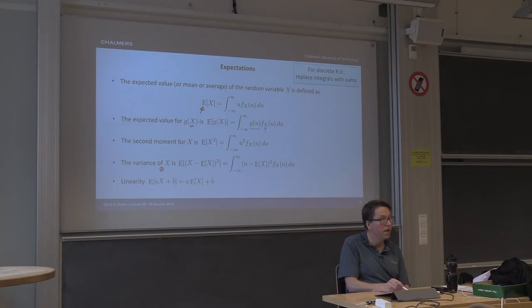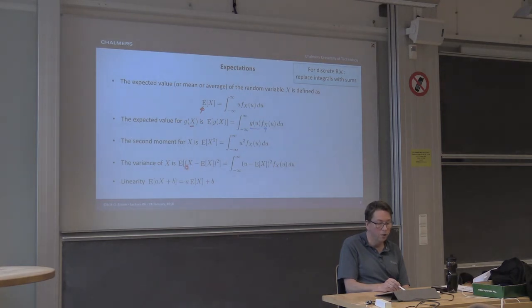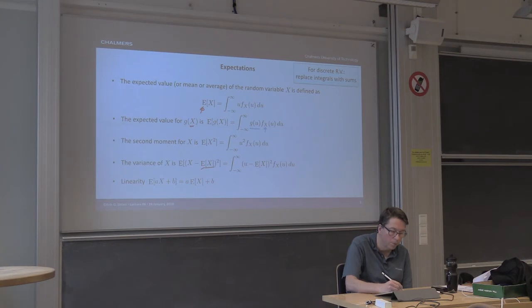The variance of x is the expected value of x minus the expected value of x, squared. Okay, so let's take that again. We take a random variable and we subtract off its average, and then we get a random variable which has expected value 0 actually. And if we square that, that is the variance of x. By definition, looking at this function, it's u minus the expected value of x here. This is just a number,